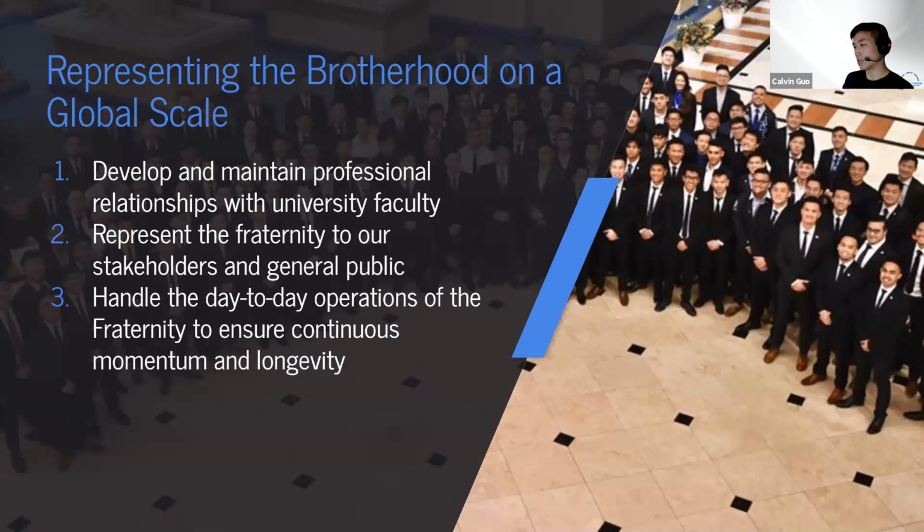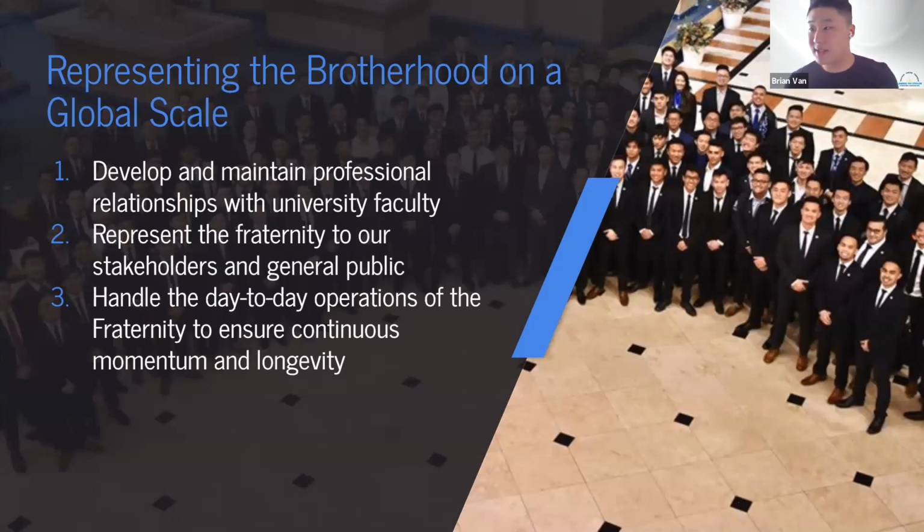There are a lot of chapters that are really successful Lambda Phi Epsilon chapters that give back to the community, give back to the university, and they're recognized for it. A lot of the universities really enjoy having those chapters there. But on the flip side of that, there are a lot of universities that don't really like Lambdas and would take any opportunity they could to get another Asian interest fraternity in there. So we're trying to work on building that relationship, maintaining it, and helping our fraternity gain success.